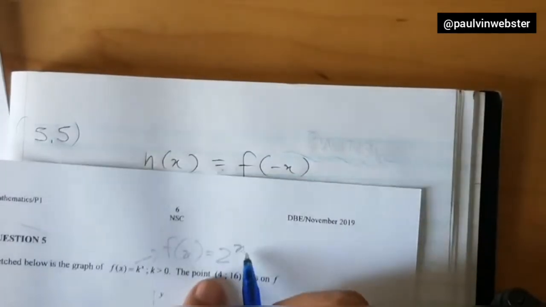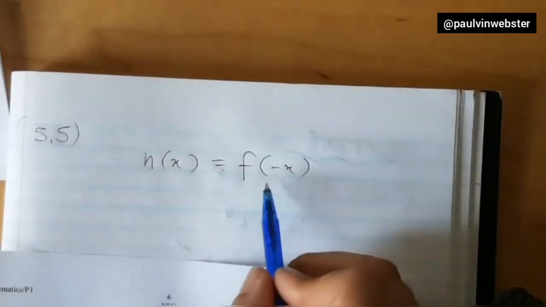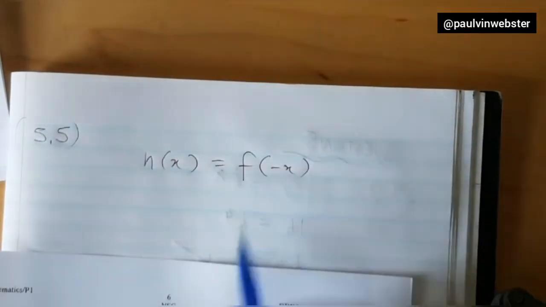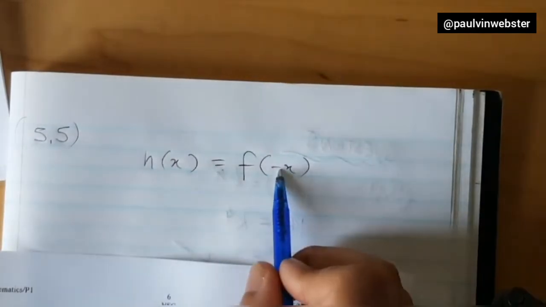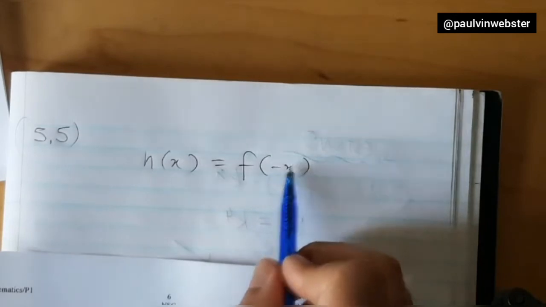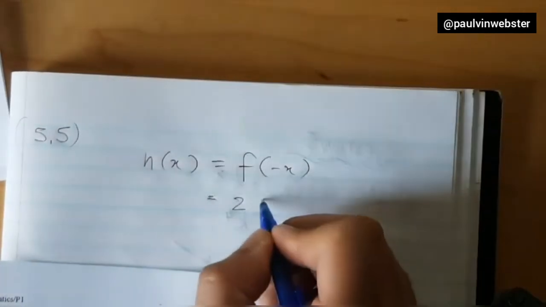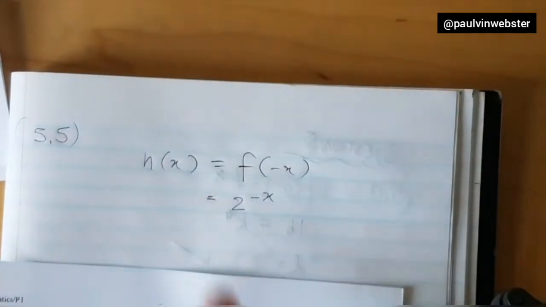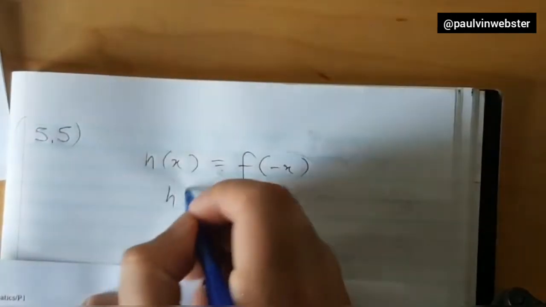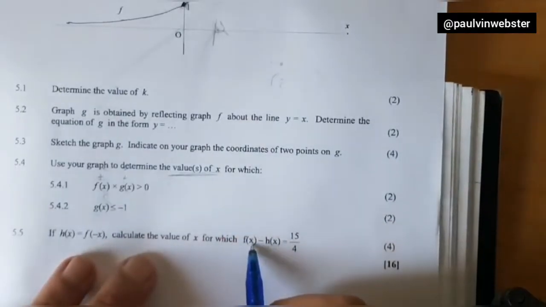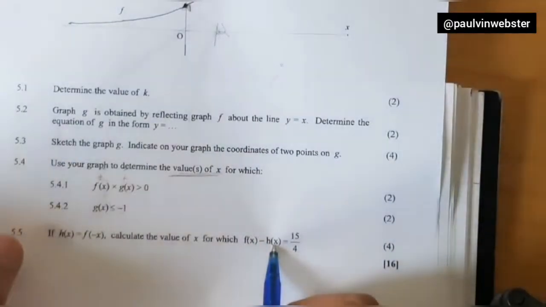So wherever you see an x, it's supposed to now be a negative x. And that will be this equation. It's going to be equal to 2 to the power of negative x. That will be your h of x. So there's that one. And then further on, they say if we subtract this new equation from the original one,